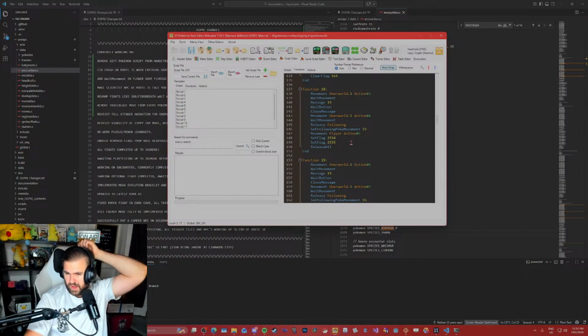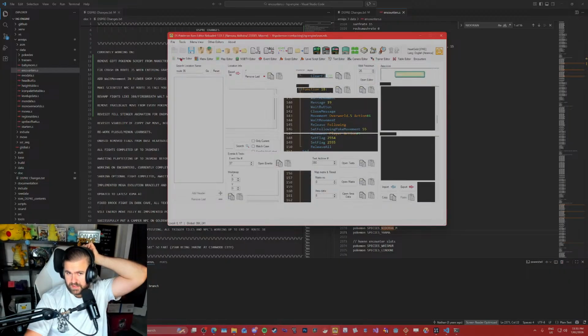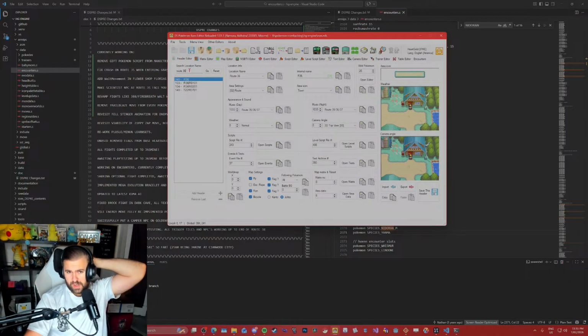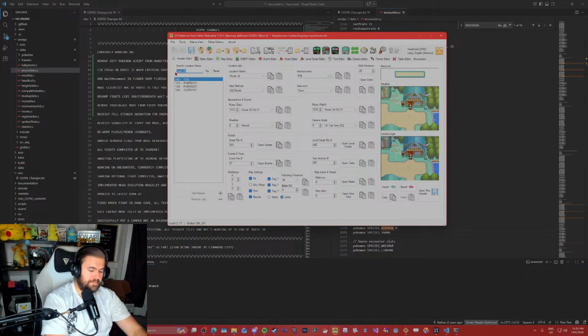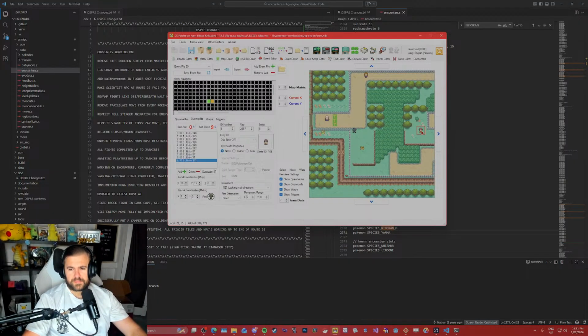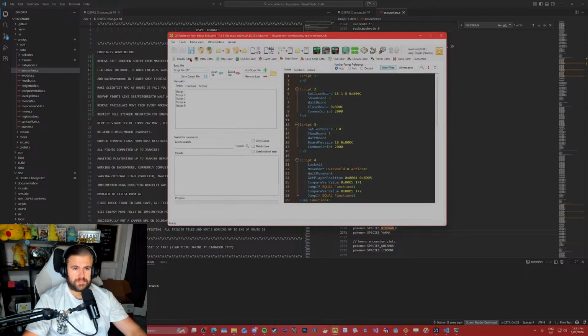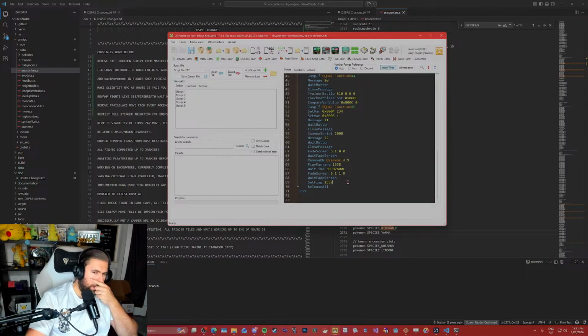So if I set a flag, have I always done set flag to remove an NPC? I'm pretty sure I do that though, because you set the flag at the end.